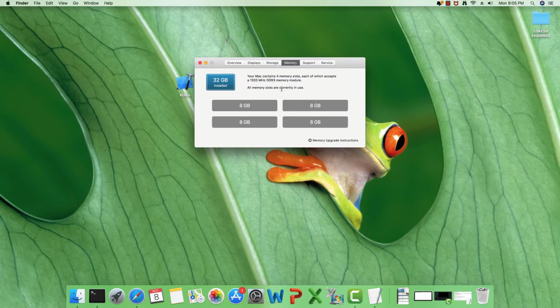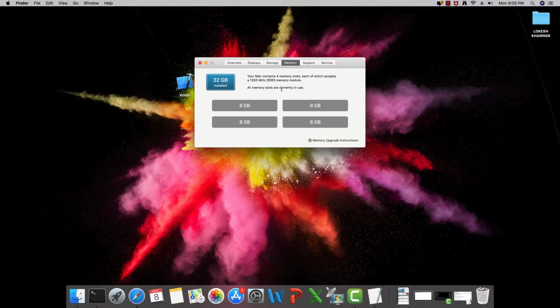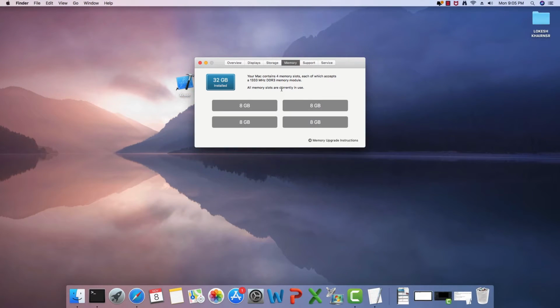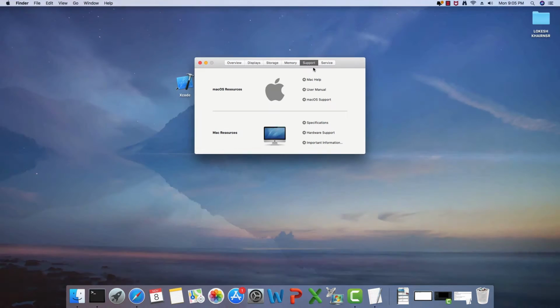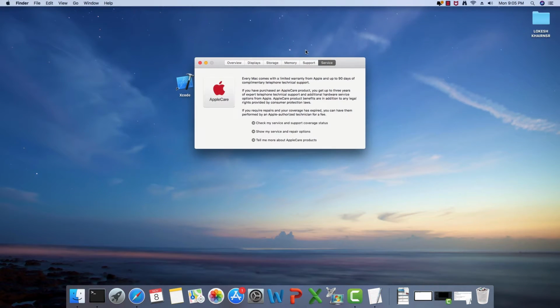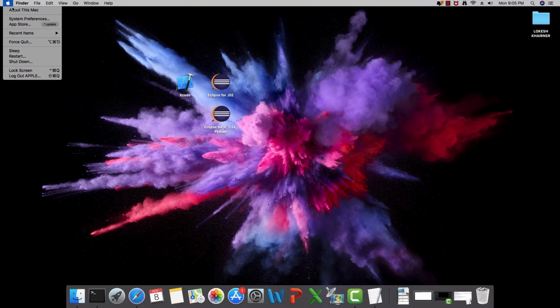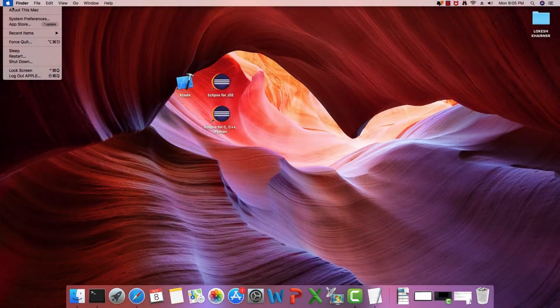That's why I purchased this old Mac and it had got only 8 gigabytes of RAM. So I upgraded it and I made it a 32 gigabyte Mac. Now you can find the information related to support and service in these two tabs. And now let me close this tab. So this menu option will provide us all the information related to this Mac.